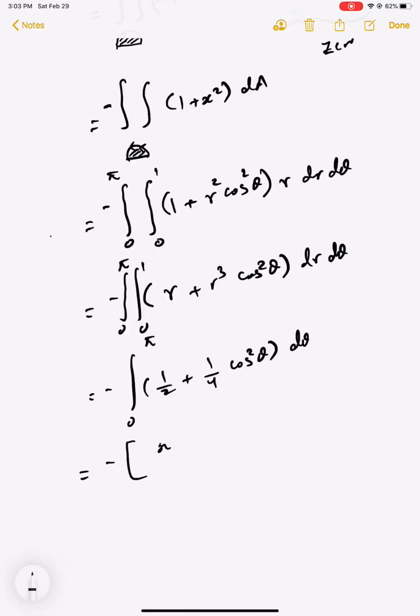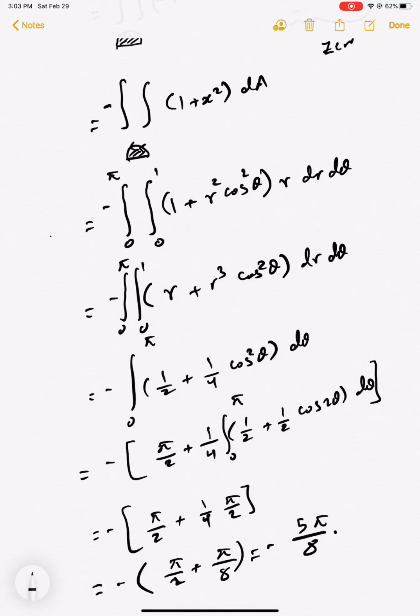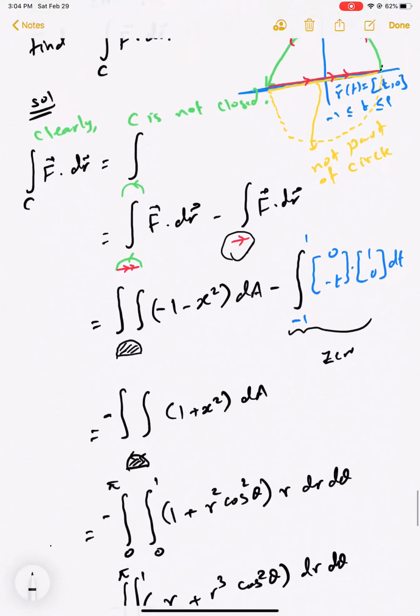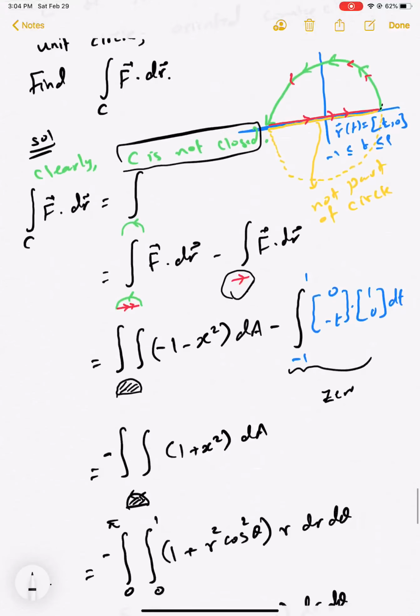The half gives you pi over 2, and this gives you 1 over 4 times the integral from 0 to pi of half plus half cosine 2 theta d theta. This is just the identity. So this is minus pi over 2 plus 1 over 4 times pi over 2, and that other integral would be 0. So we're dealing with minus pi over 2 plus pi over 8, which is minus 5 pi over 8. This is the integral. So we use the idea of this example. We use Green's theorem although the curve is not closed, by adding and subtracting a piece that closes